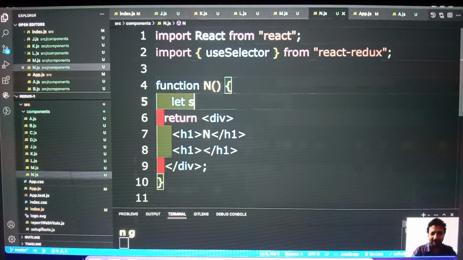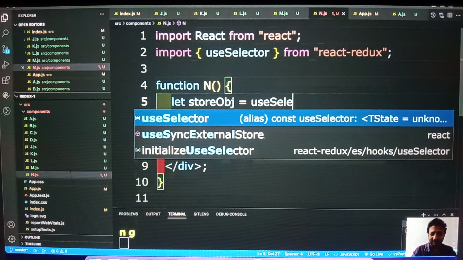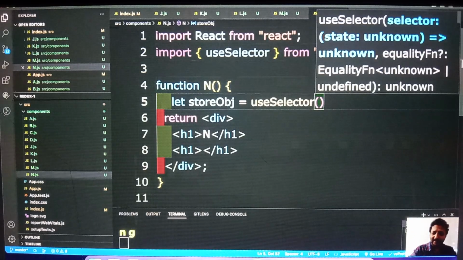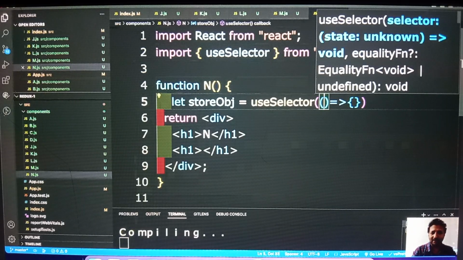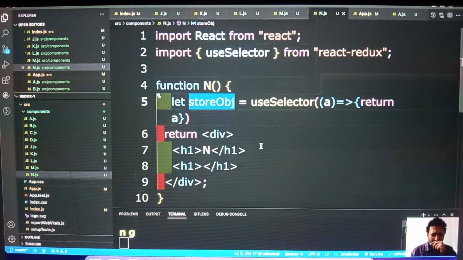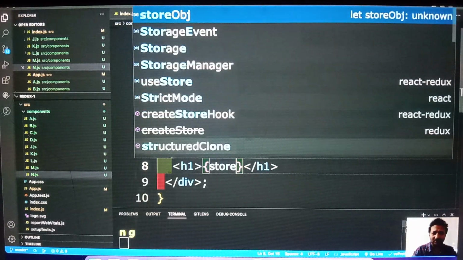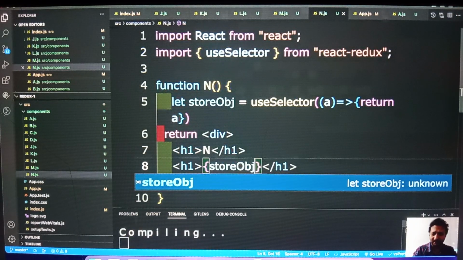Then let the store object be equal to useSelector. That store object will get it as a parameter. I am giving some name to it and returning that, storing into this. Any name I can give. Once I get it, I'll say store object dot